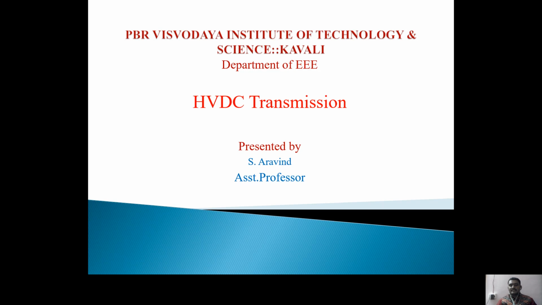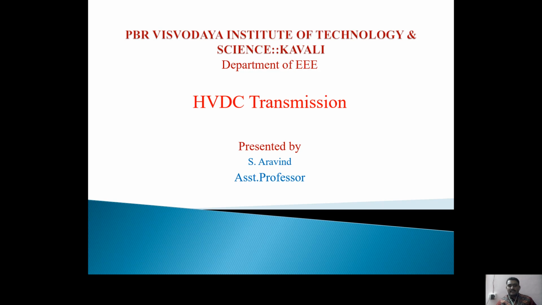So in the previous classes I discussed the array discoveries of HVDC system, and after that I discussed the comparison of HVAC and HVDC using three comparisons: economics of transmission, technical performance, and reliability. After that I discussed the limitations or disadvantages and advantages of HVDC system, and the applications of HVDC system. And now in this class I'm going to discuss the types of DC links.